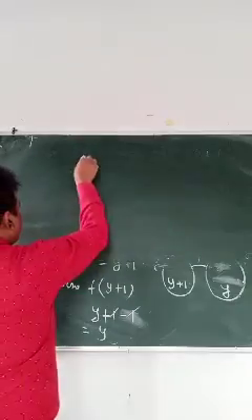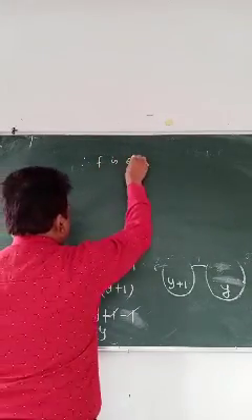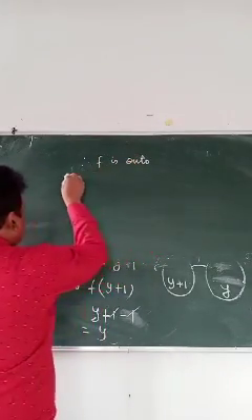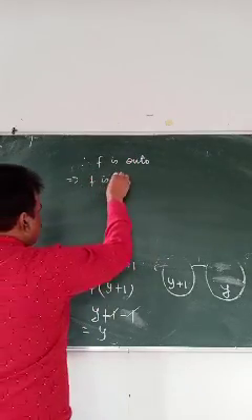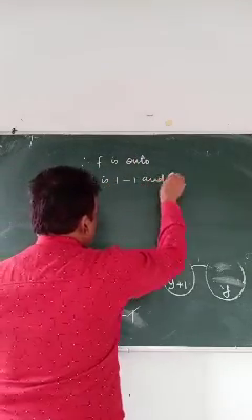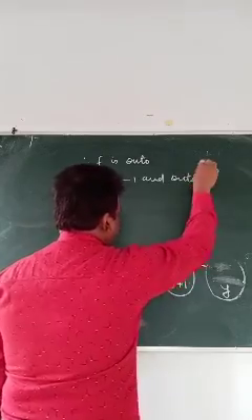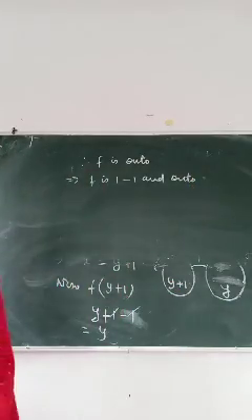Therefore f is onto implies f is one-one and onto. This is one pattern. Another pattern you see,